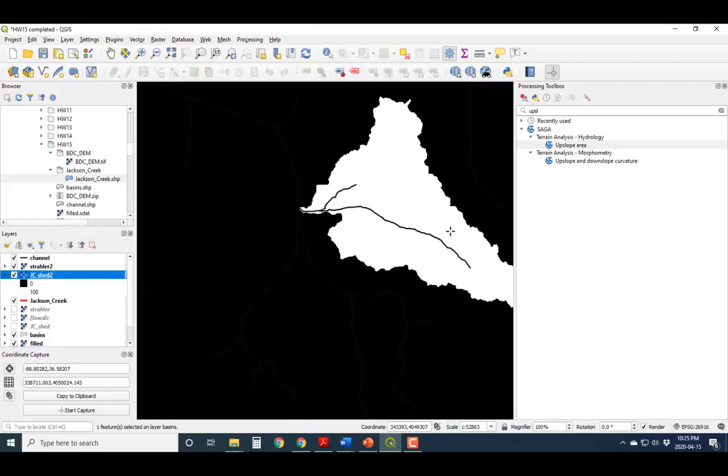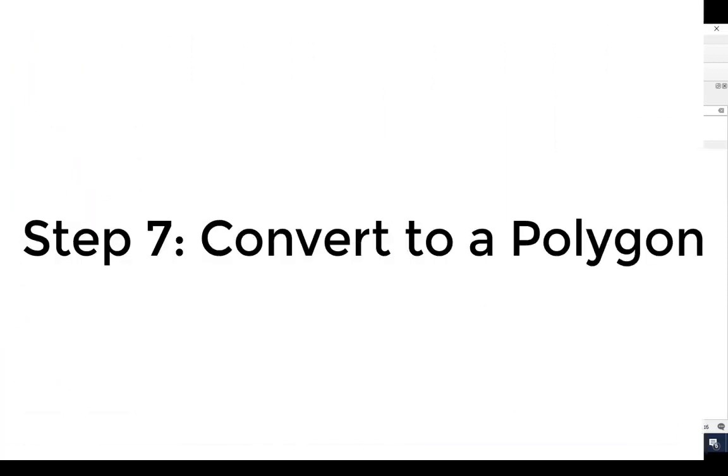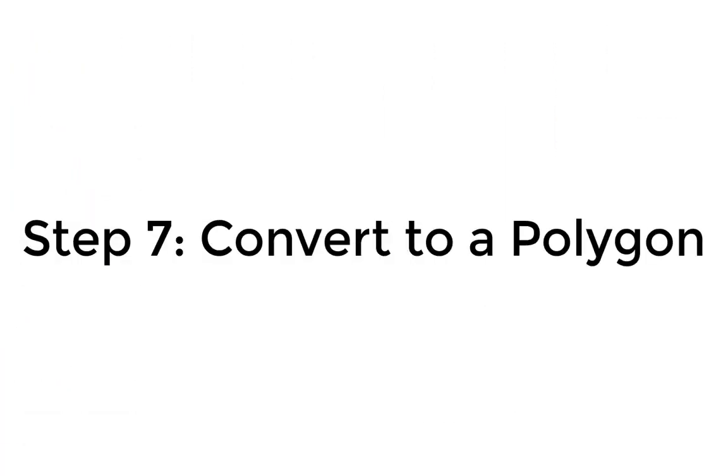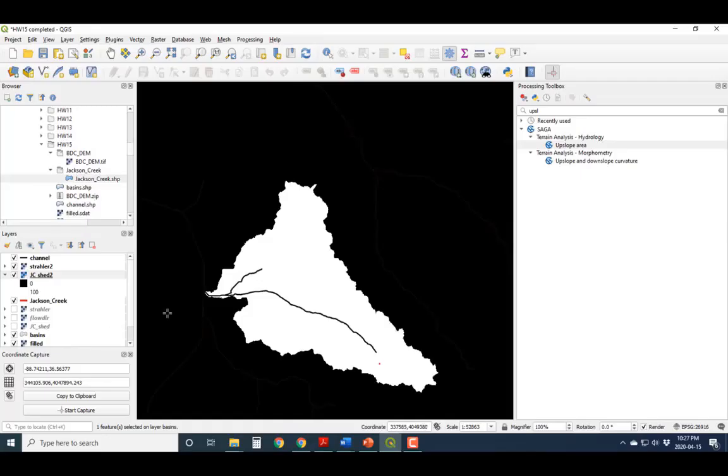And so that is awesome. That's exactly what we want. Okay, so now we have the Jackson Creek watershed in raster form, and we might use that in the future,